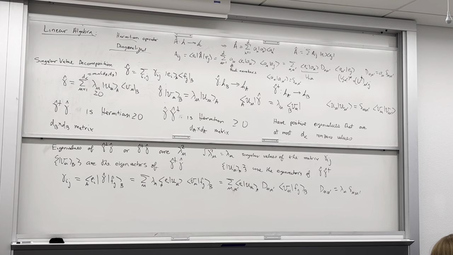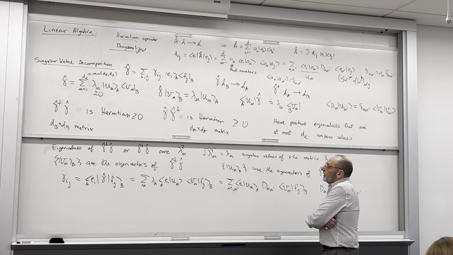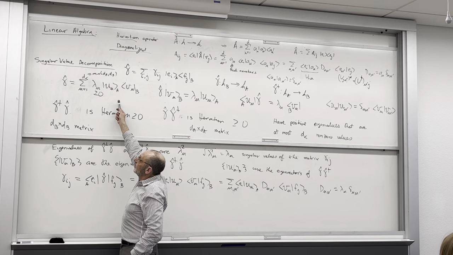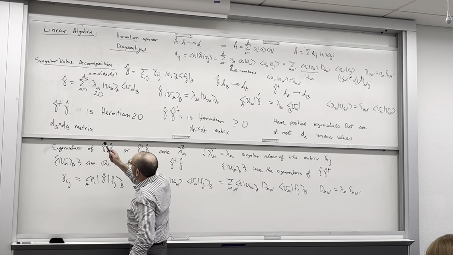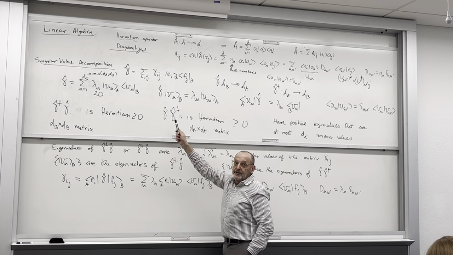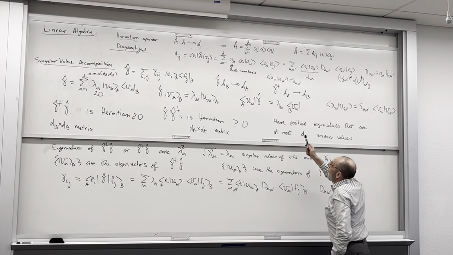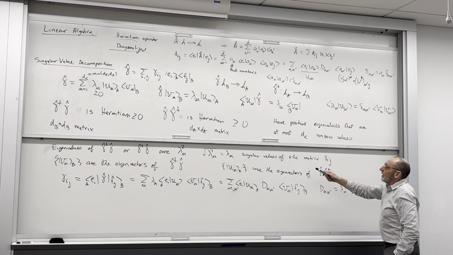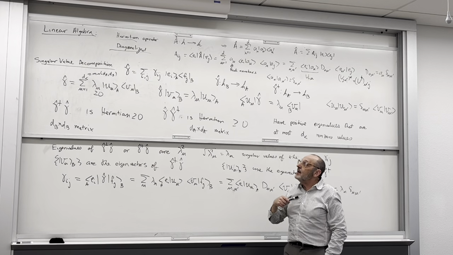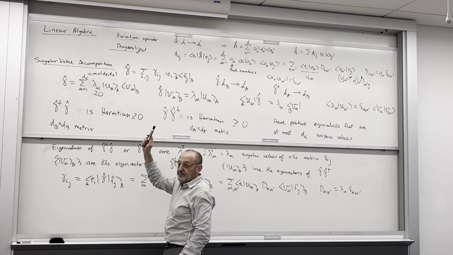Yes? So, wait, what is the relationship between eigenvalues and singular values? Well, for this general rectangular matrix, the singular values are the square roots of the eigenvalues of this matrix, which are the same as that. So the singular values are the square roots of those eigenvalues. But if gamma were a Hermitian matrix,